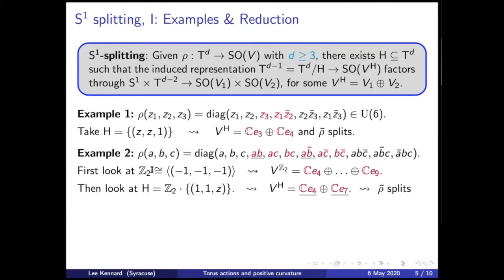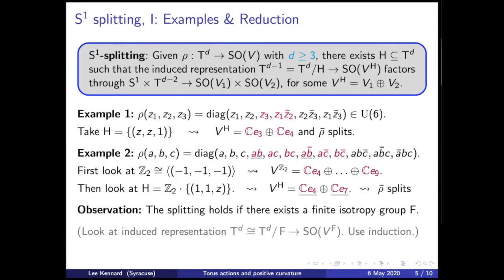All right, and specifically, if you use this circle, and then you put it all together to get a subgroup of the torus, this is the one-dimensional subgroup which gives you a splitting. And in fact, you don't have to do any computation. You can just see that the fixed point set is, again, just two-dimensional, so it must split.